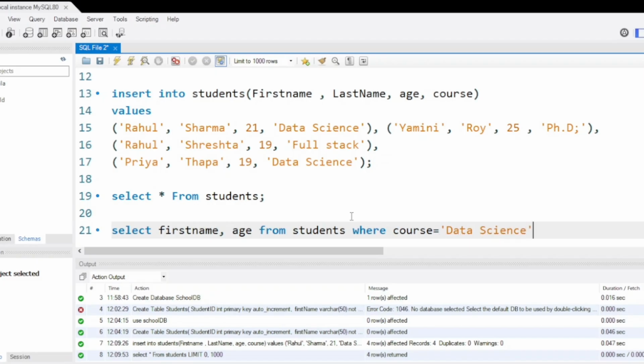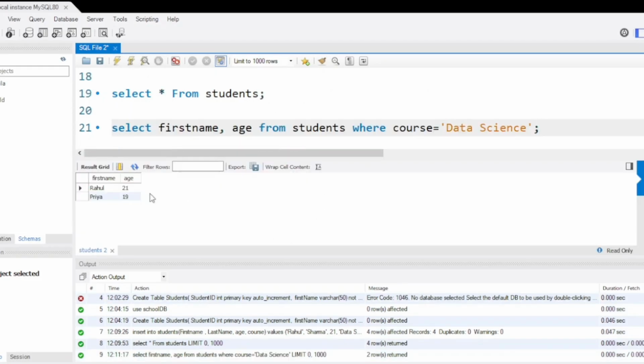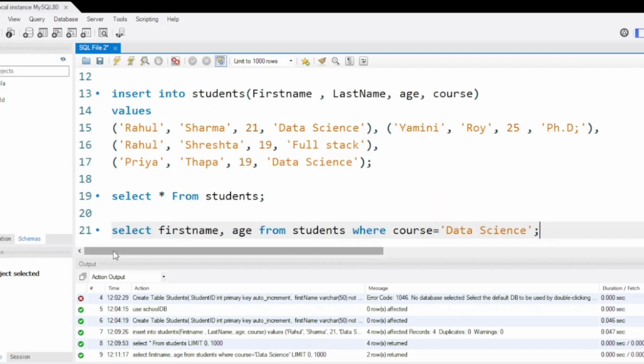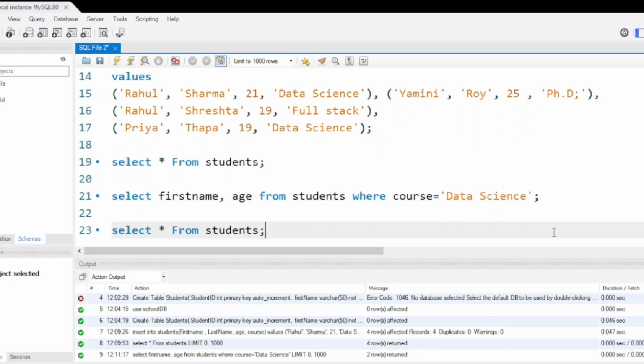So what will we get? We will get all the students who are studying data science, but only their first name and age. So let's see. See, we only got the first name and age of the students who are studying data science. So we can also sort it. We can also view them in a sorted order. Let's look at it. We can do the same thing, but here we will put a sorting order. What we can do is select star from students, and we can tell it to order by first name,